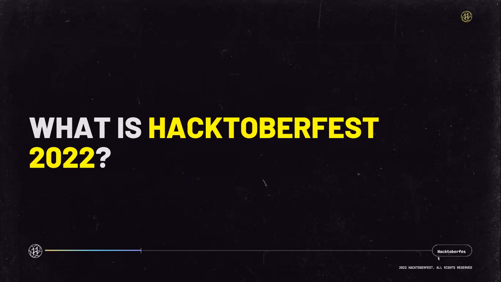Hacktoberfest is an annual worldwide event held during the month of October. The event encourages open source developers to contribute to repositories through pull requests. GitHub hosts many Microsoft Docs open source repositories, all of which contribute to Microsoft content. Some of the repositories actively participate in the Hacktoberfest event.